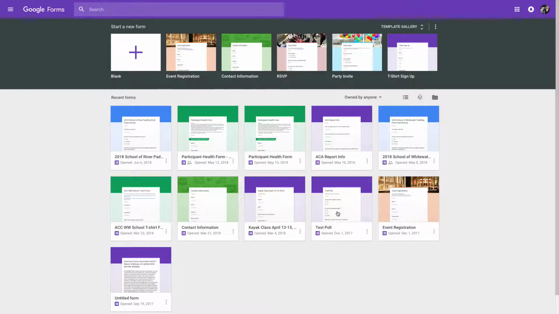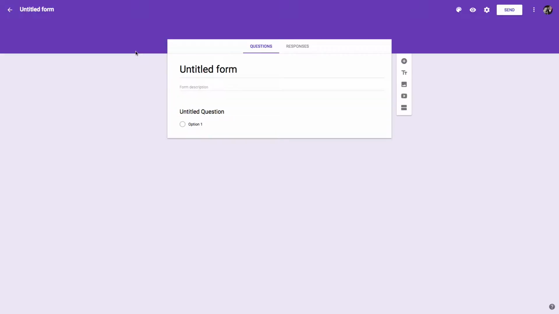Here is the one I did for t-shirt forms back during Whitewater School. Here's the health form I did. This may be a different version of it here. Anyway, just various forms. So to do a new one, just click blank, give it a title,